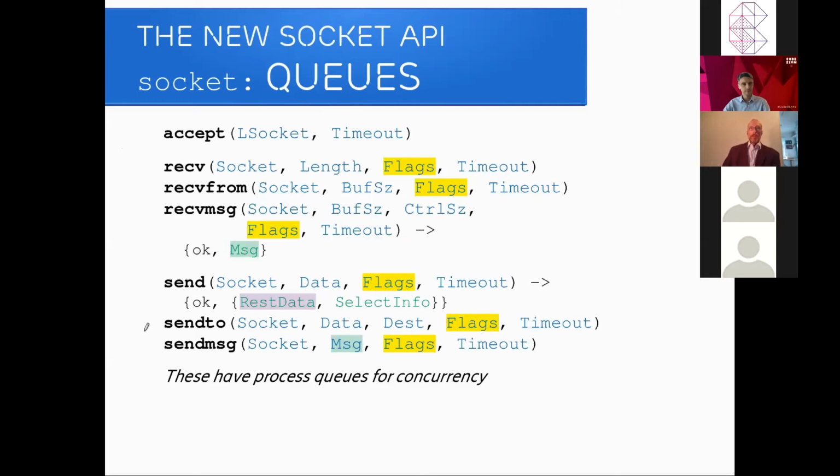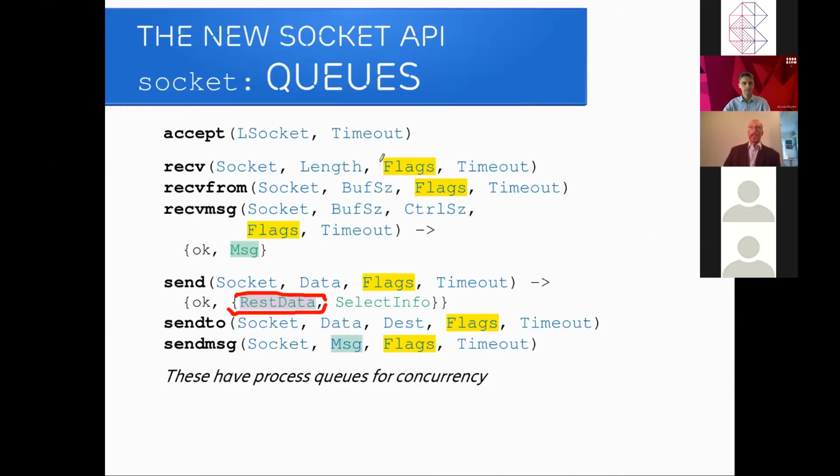A special one here is the send that has got another select info that contains rest data. That is, you may succeed in sending some bytes, the operating system informs that we could send 3 bytes and the rest is not sent. So we return the bytes that are not sent, and we should use these bytes in the next send operation when a select message has arrived.